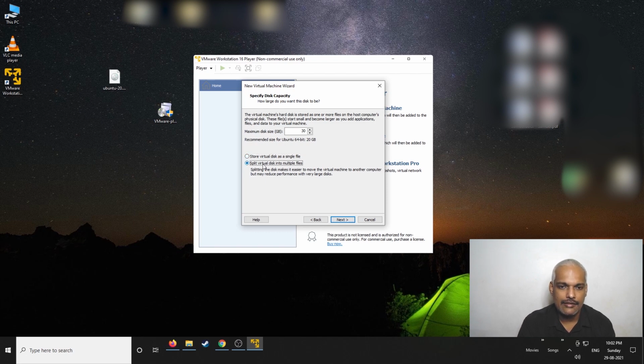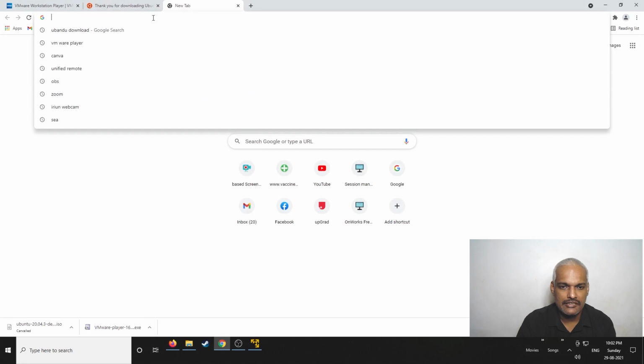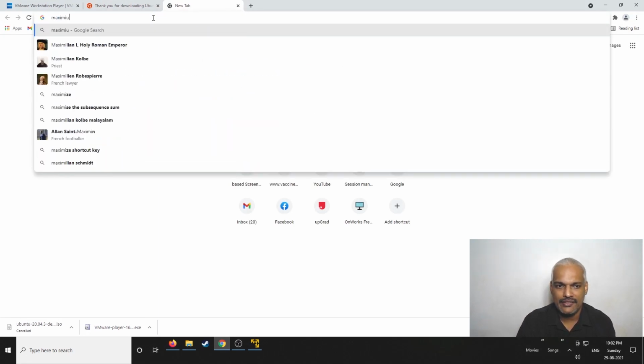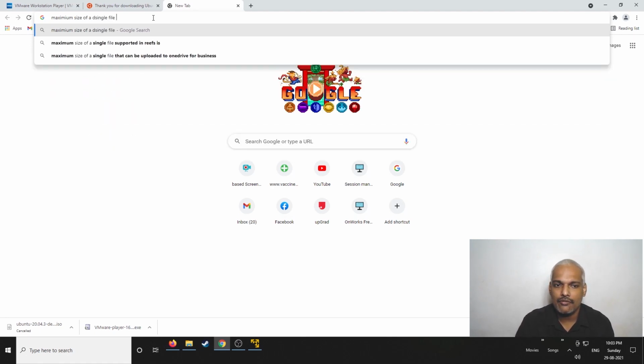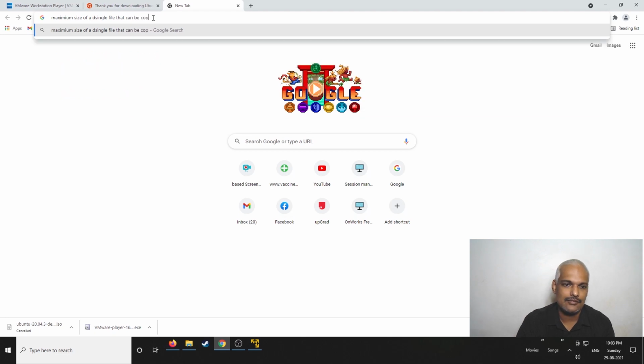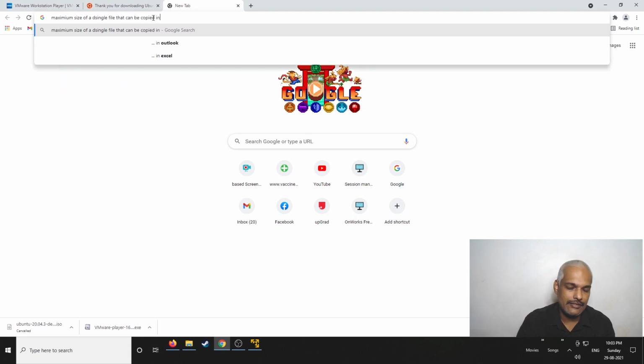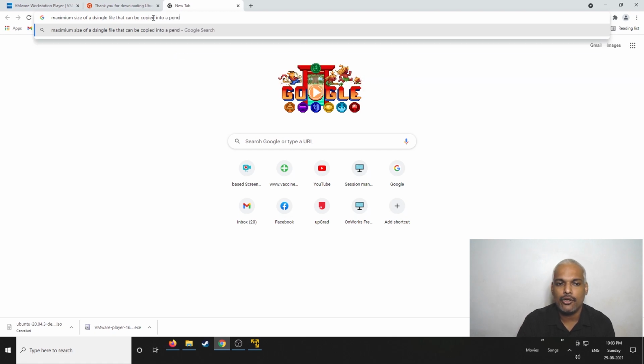Next, I can either keep it as a single file, the whole thing, or as multiple files. I'll opt for the second option, keeping it as multiple files. The problem with a single file is that if you want to carry it on an external hard disk, which I believe is in the FAT file system, the maximum single file you can copy to that drive is limited to around 4 GB. That is the size of a DVD. If it is more than 4 GB, it will not be able to copy it into the